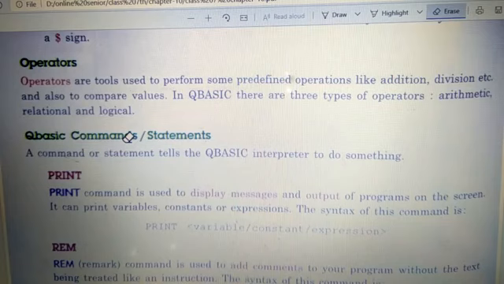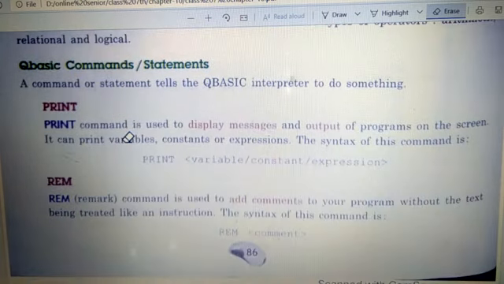Fine. Now QBasic commands or statements. I told you statements are commands, meaning the computer understands what the programmer wants it to do in that program. The first basic command we are going to study is PRINT. The name itself tells you what the computer has to do: it has to show a value.